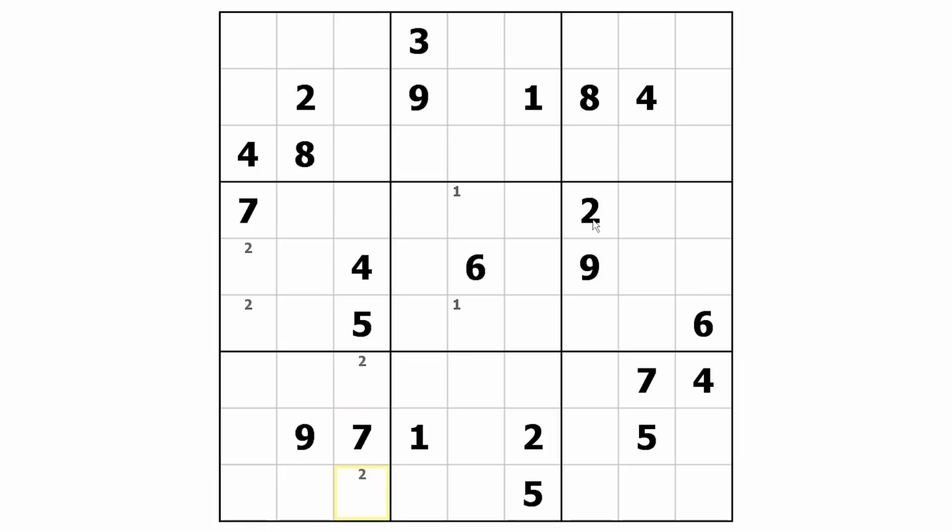And now, because of this 2 in column 7 and this one in row 8, we can put 2s into these two cells, and because one of them has to be true, this one cannot be true. That one gets zapped, and we can enter this one because that was a conjugate pair. So now let's move to the 3s. There's only one 3 in the whole puzzle, and there's not much we can do with that, so let's move